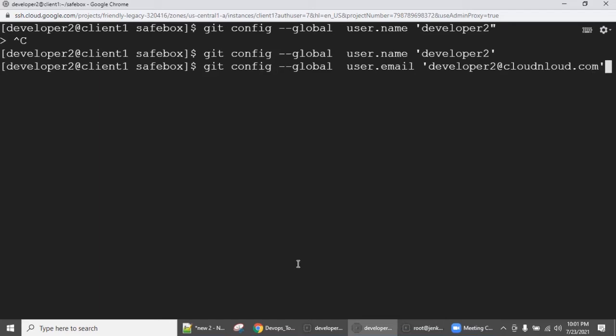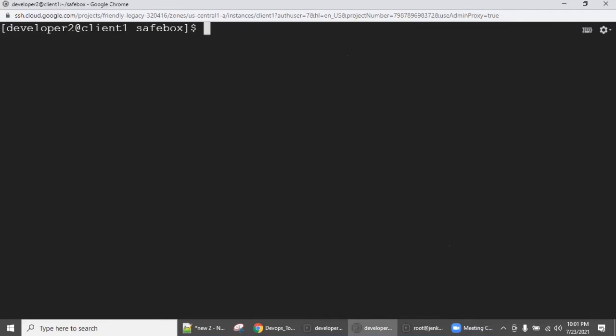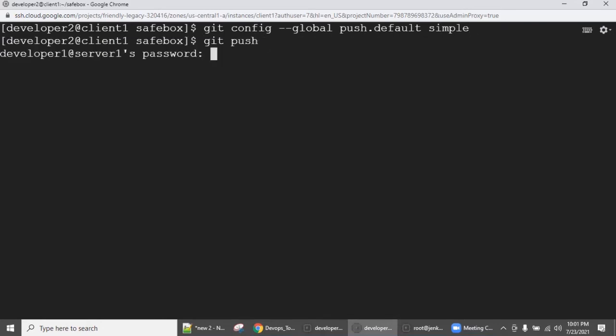So you can reveal the person who is doing all these changes. Now you do a git push. Do you think it will work? Again, you need to define the password, so again you can say CNL12345. Now you do git push, CNL12345.